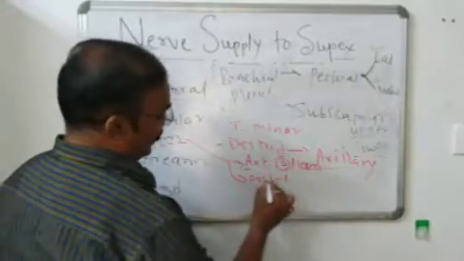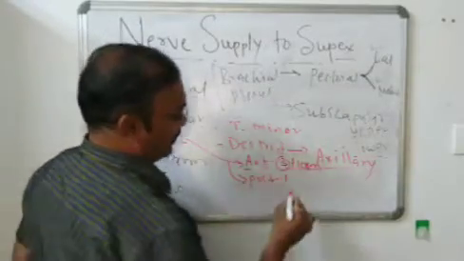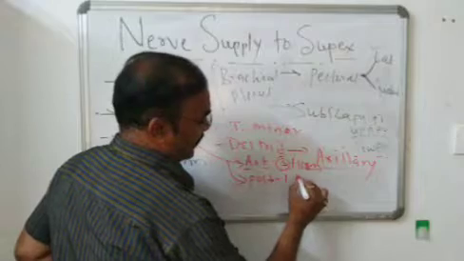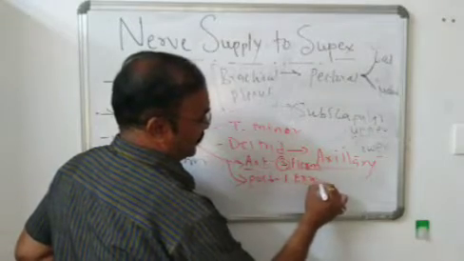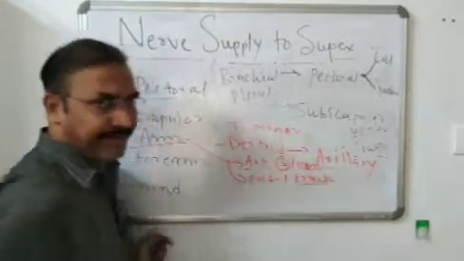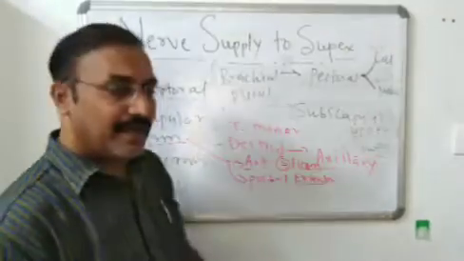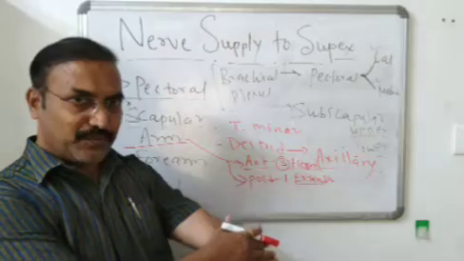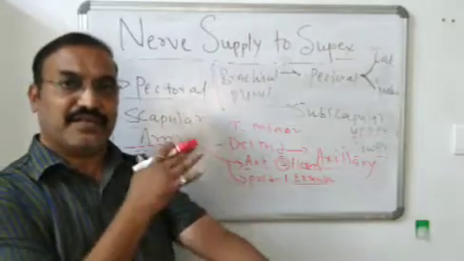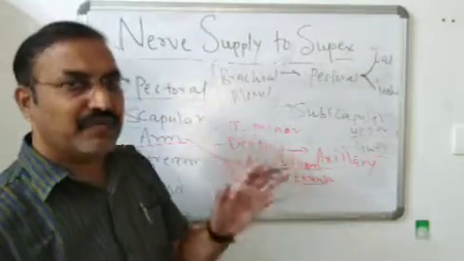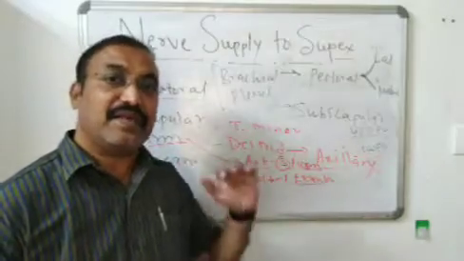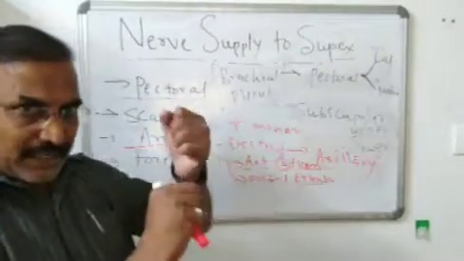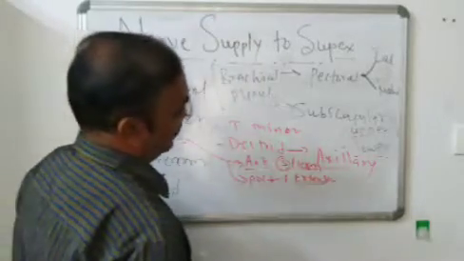Like that, in the posterior compartment of the arm, one muscle is present, the triceps, and its action is extension. So this is called the extensor compartment. Clear? So this is the general idea regarding the anterior surface of the arm and forearm. Remember, the anterior portion in anatomical position is the flexor surface. Exactly opposite in the lower extremity, the anterior surface is the extensor surface. That is the twisting of limbs, upper and lower extremity, that we discuss in embryology lectures.